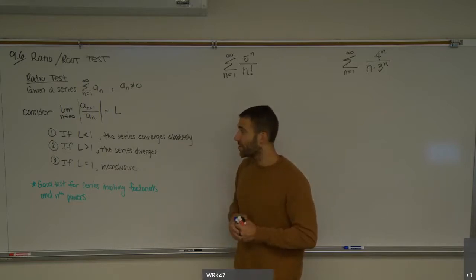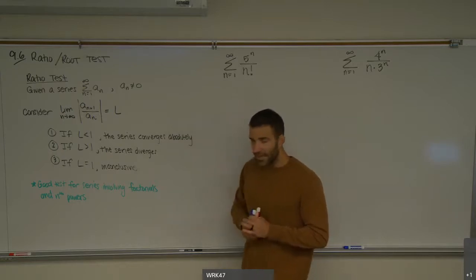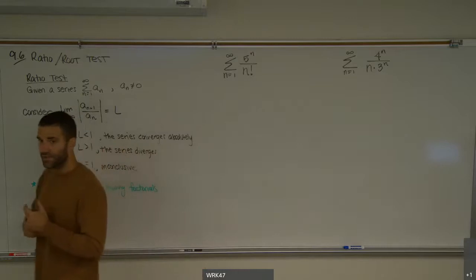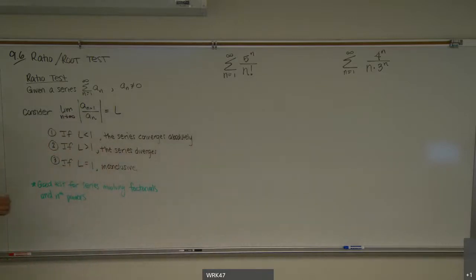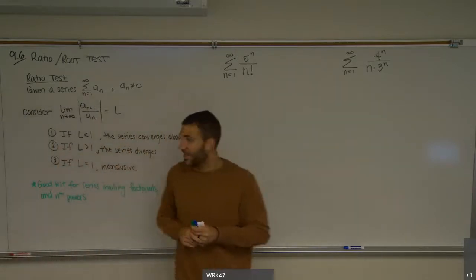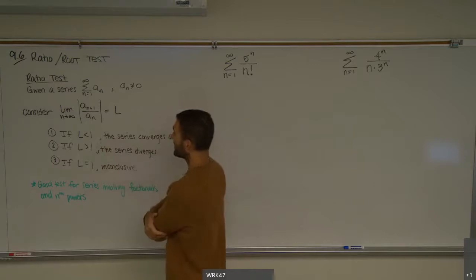And really, we just don't want to get the number 1. Now, why does this somewhat make sense? I'm just going to intuitively explain this for a second. We're not going to waste time with the proofs right now. But understand that when we take ratios of consecutive terms, if the answer is less than 1,